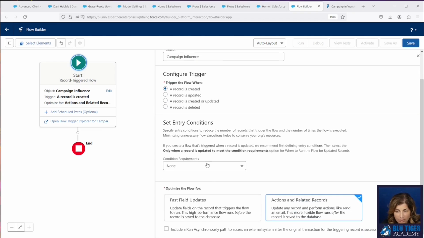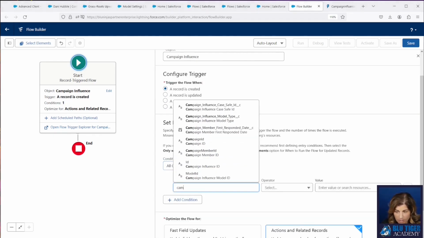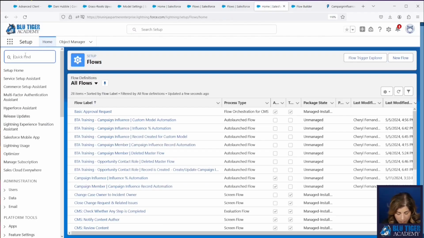Now we only want it to fire on those campaign influence records that are the custom models. So we have this formula field that's called campaign influence model type. If you do not have this formula field, you can go to your campaign influence object.